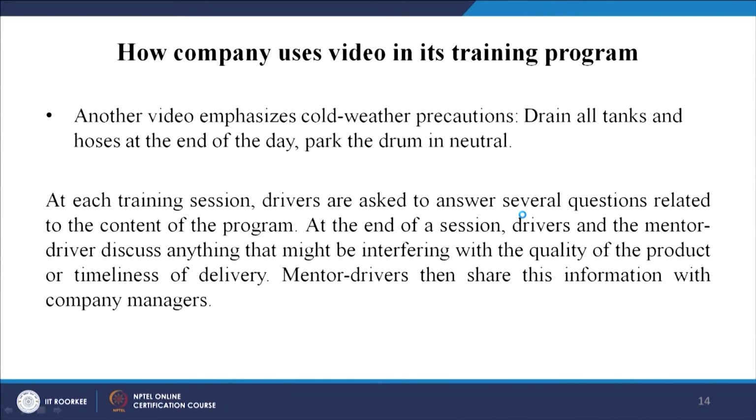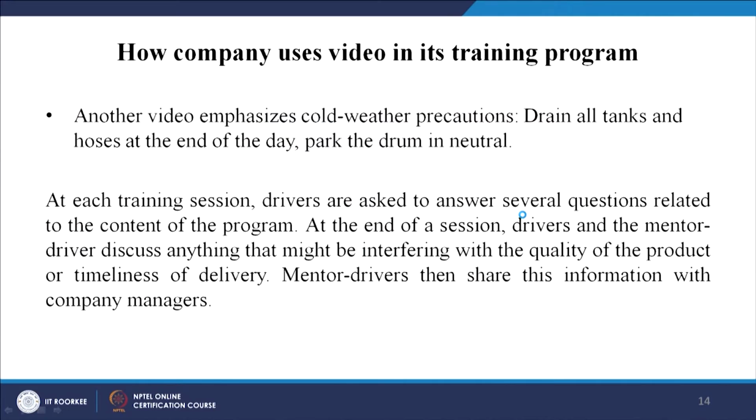At each training session, drivers are asked to answer several questions related to the content of the program and the tasks they are supposed to do. When they see the video and find that there is some problem, they can ask questions, and it has been observed that drivers ask a number of relevant questions in this training program.